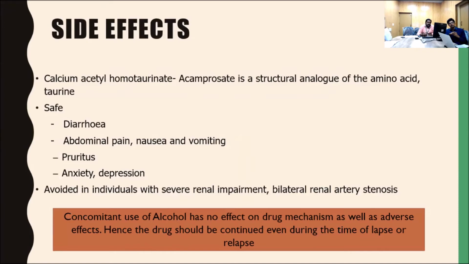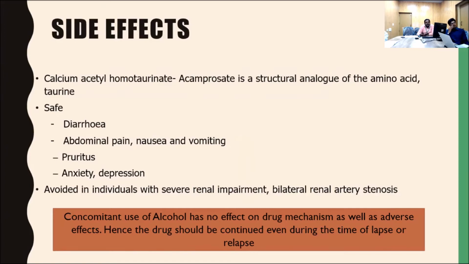Some of the immediate side effects, because of taurine, there will be some amount of osmotic absorption of water. There may be some diarrhea, abdominal pain. So GI side effects are the major ones. Apart from that, it's an extremely safe drug. The only thing is that acamprosate is majorly excreted by the kidney. So you need to find out whether there's some renal impairment, whether there are renal conditions. That is something that you need to ask for.